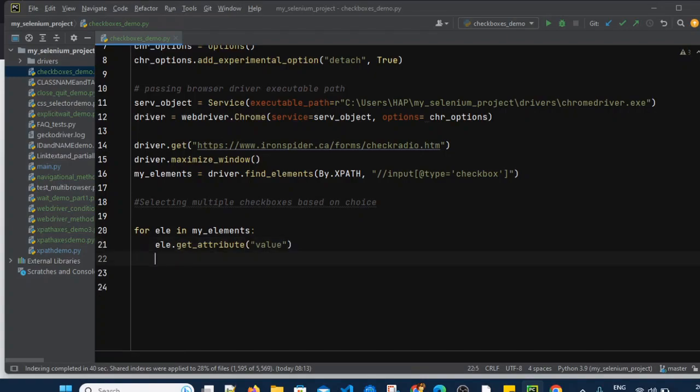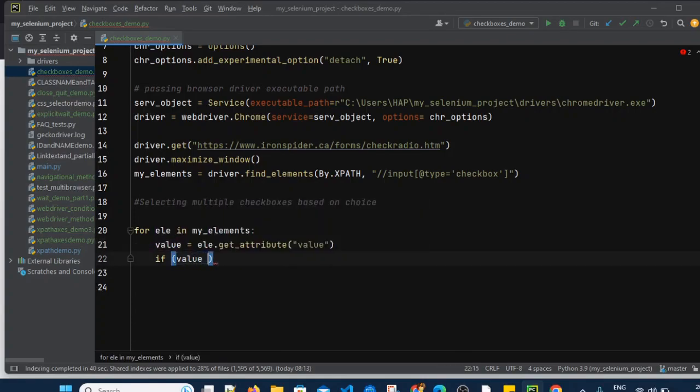After that, I will simply add one condition. I can simply add condition, or we can store it as well. So if you create here for element in my elements, let's give the name as value equals to this one. It will fetch the value and it will store it in the value. Then after that, I can use one condition.